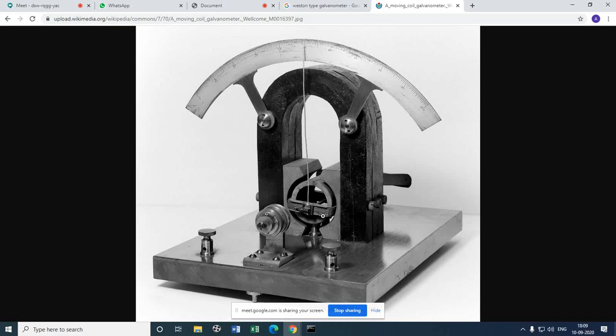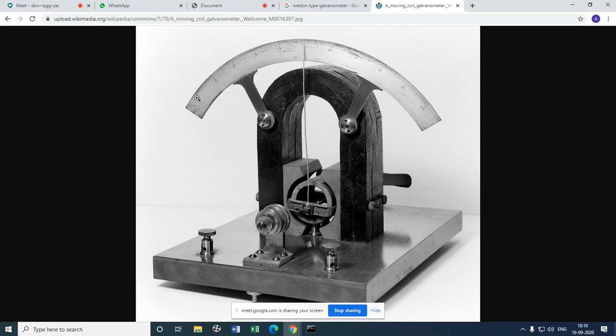Now, when current is given, this is a rectangular coil under the magnetic field. Got it? Now remember that concept. Also, what do we have here? We see a needle mounted on a graduated scale. These are all degrees, up to 100 deflection, so 1 degree, 2 degrees, up to 100. These are different deflections here. Got it?